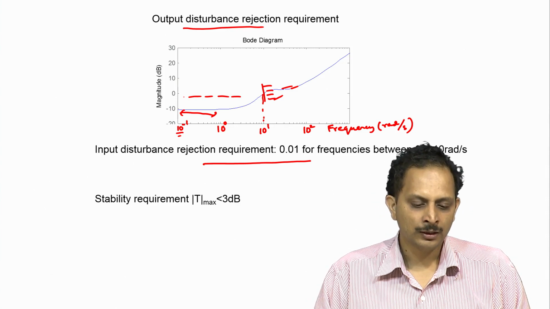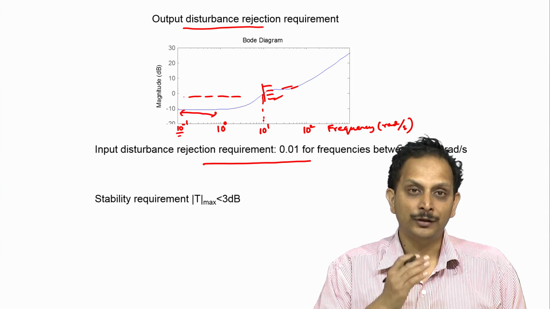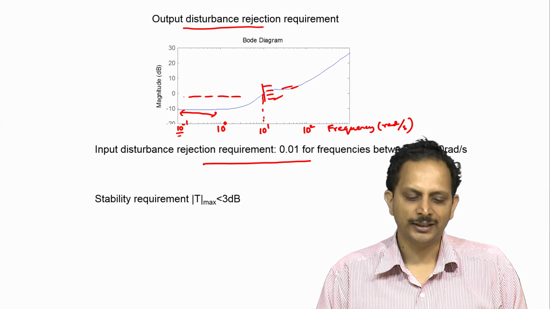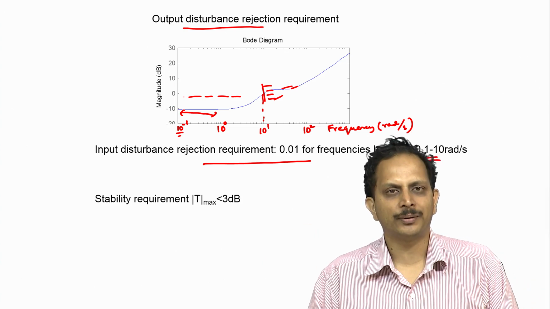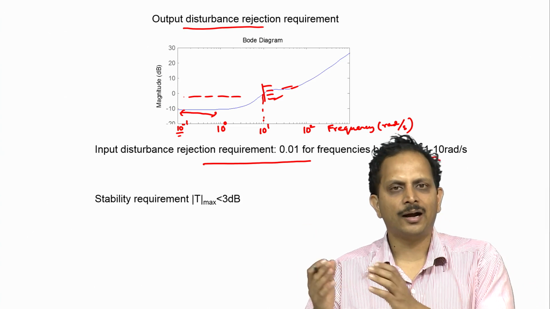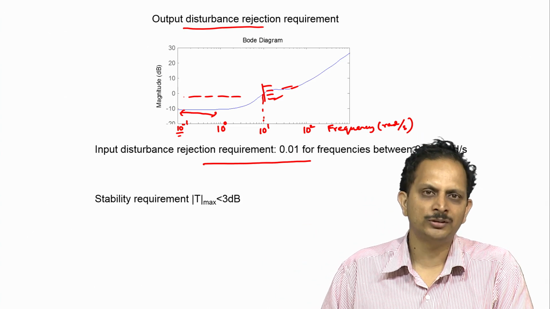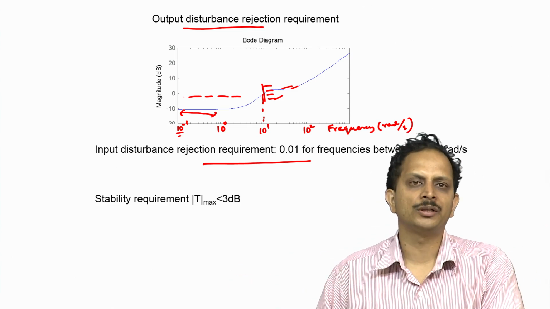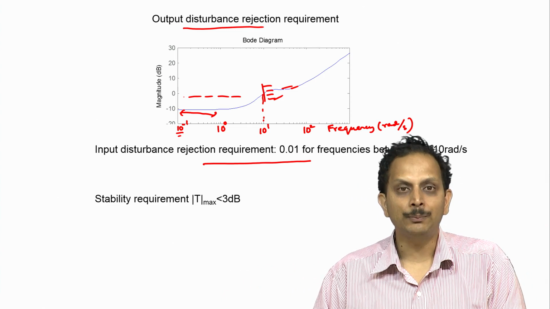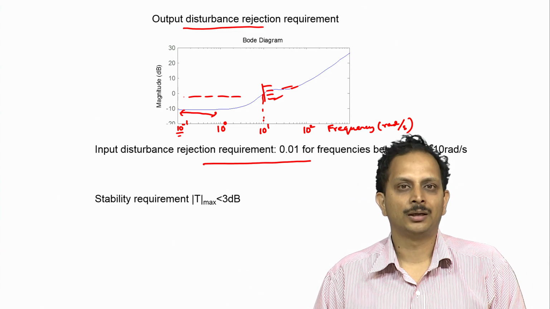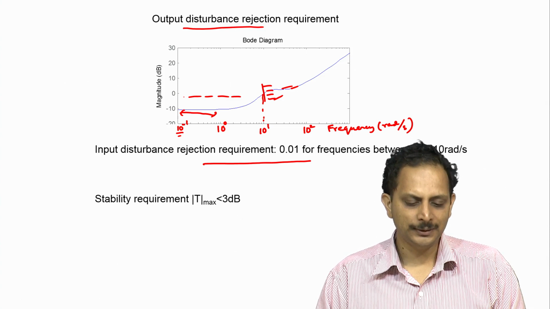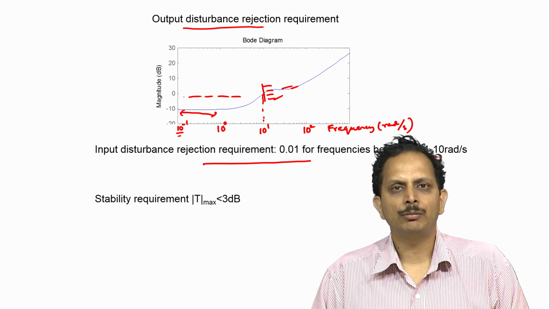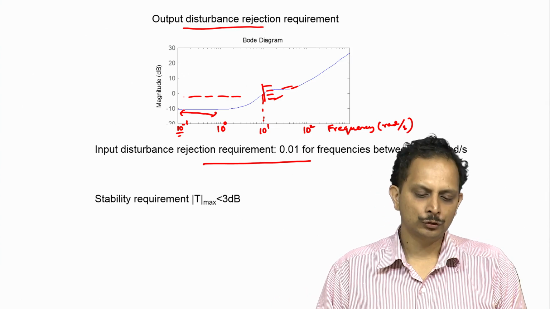are different. In case of output disturbance, there is a frequency dependent demand on the extent to which it needs to be rejected. At low frequencies it has to be suppressed by 10 dB, and at 10 radian per second it has to be suppressed by 6 dB, and at higher frequencies we do not care about suppressing it at all, whereas the input disturbance needs to be suppressed by 99%, or by a factor of 100, over the entire frequency range between 0.1 and 10 radian per second. So, these are the